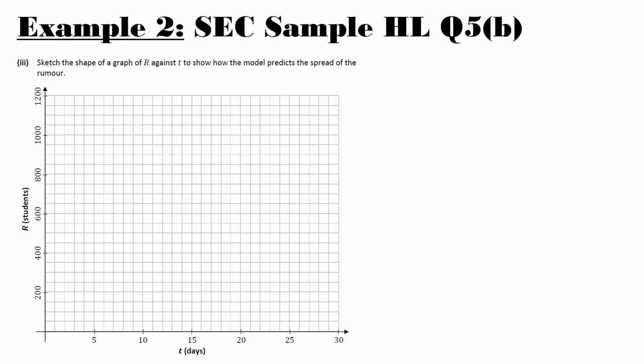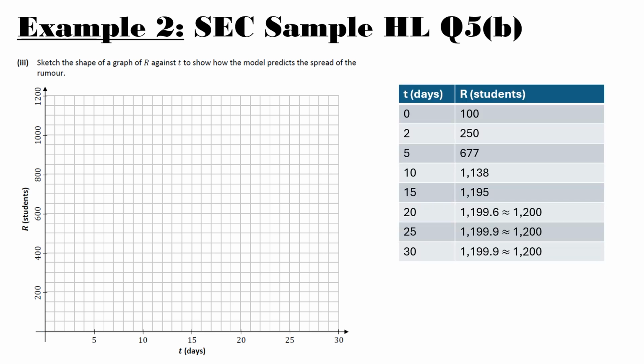You can absolutely just go with your formula for R into your calculator and sub in values of t and change them. Another option is to use the table or function in your calculator. You can put it in terms of f of x and x, and it will give you everything you need. Here is the table that we get. I've put in 2, even though it's not marked as one of the days,